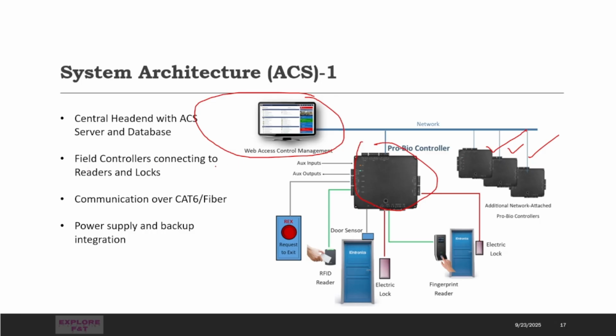now the field controller connects to the lock, and communication is over cat6 or fiber. If IP is there, you can use cat6 or fiber, otherwise we can use a composite cable. Okay,